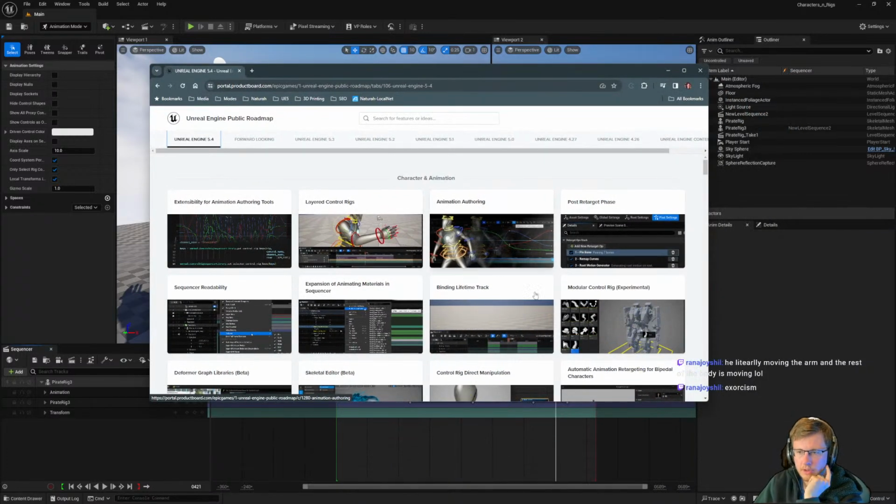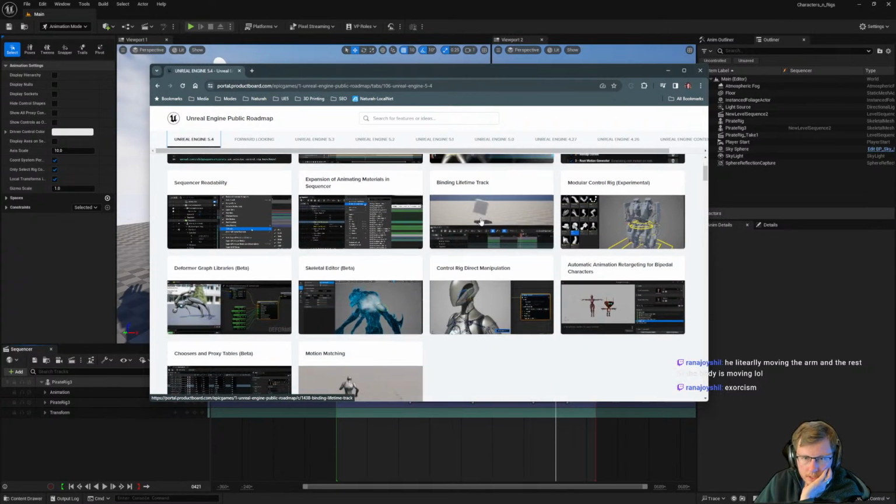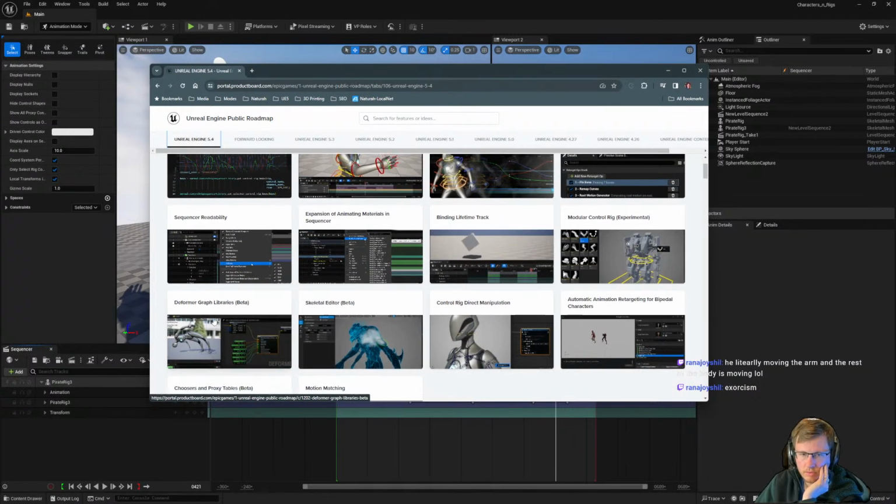These are all the new things that they added in 5.4. The layered control rig, animation authoring, I don't know what that is, but they added a lot of control. Deformer graphs. But what you're talking about, they're adding inside of Unreal.